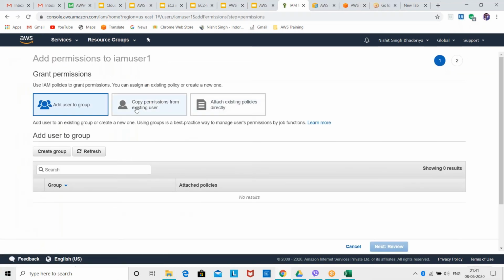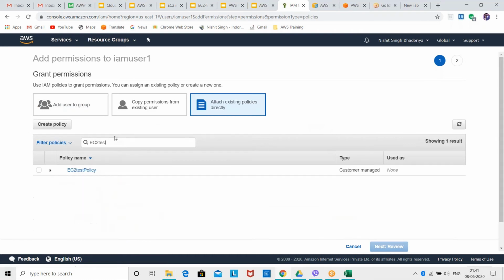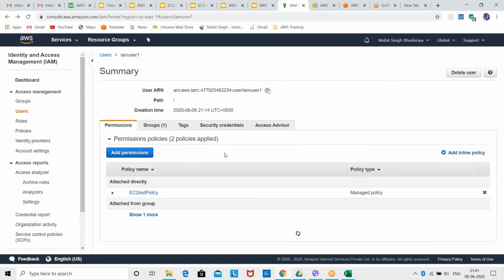Now we have three options, as I told you. You just need to go to attach existing policy directly, then search for the policy which you have created. In this way, you can attach your policy to any of your users.